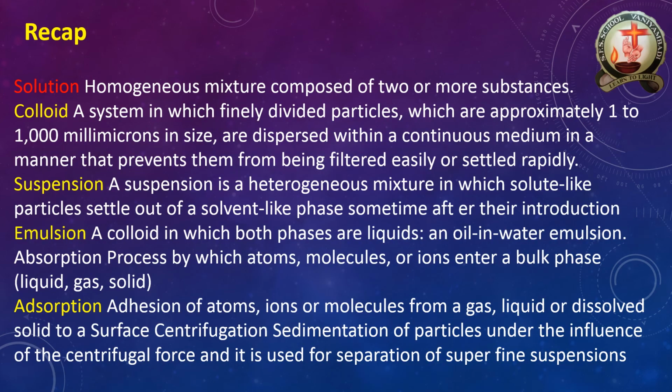I can give a small recap of this section. First, understand that solutions are categorized into two types: one is homogeneous, another is heterogeneous. A homogeneous solution is two or more substances mixed together to give a uniform liquid. When the solution separates into two layers, that is called a heterogeneous solution. The colloidal particle is helpful to identify the Tyndall effect. Then suspension means it is not immediately suspended; after one or two hours we get a separation, which is called a suspension liquid. The best example is our homemade ghee.